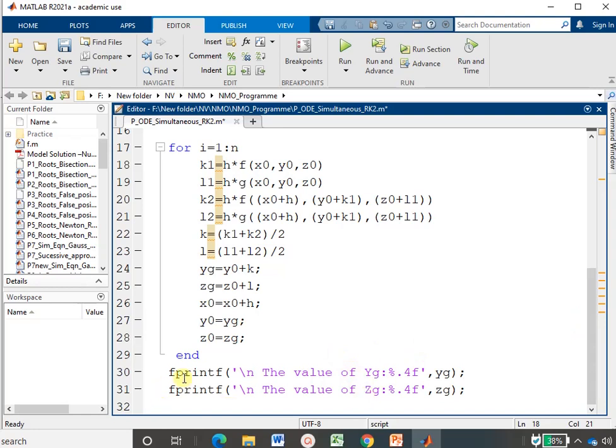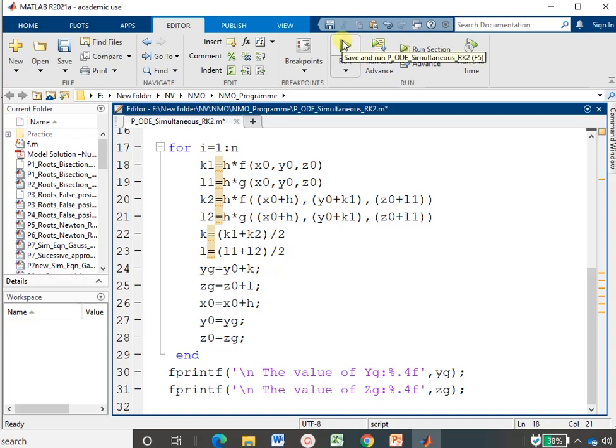For that purpose the fprintf syntax is used, and this %.4f is used to print the numbers up to 4 decimal places. And this fprintf syntax is used outside the for loop, so we directly get the final value. If you require the values of yg and zg for each iteration, then you can use the fprintf syntax inside the loop. So now let's run this program.